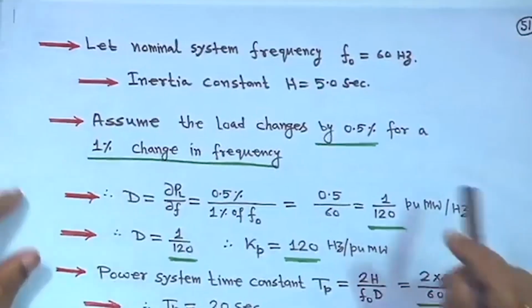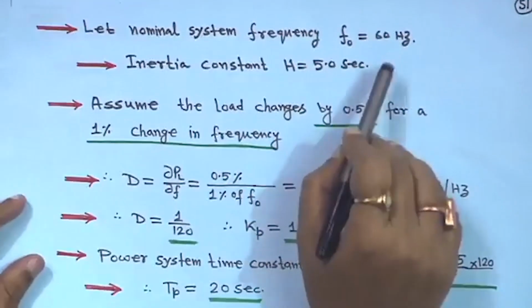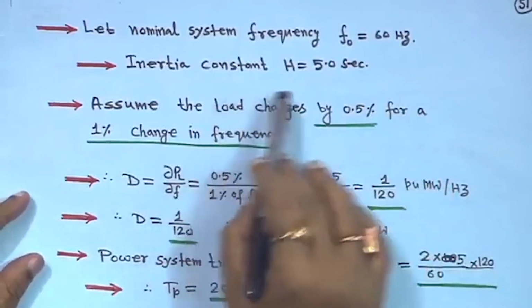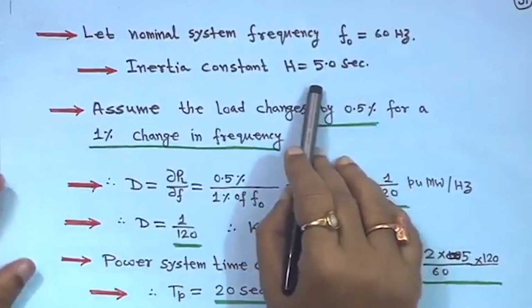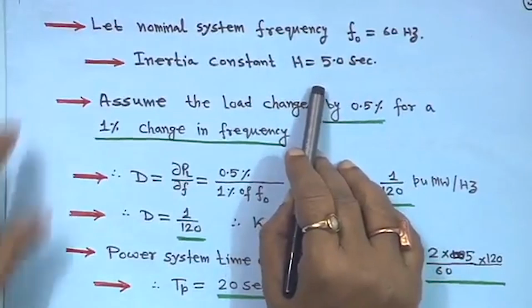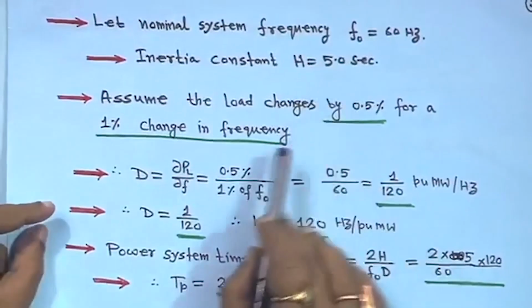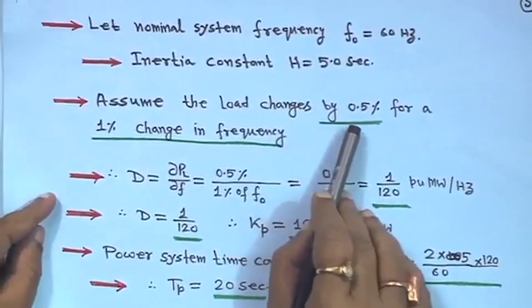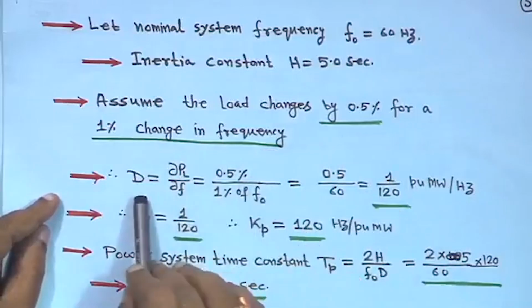Let the nominal system frequency be, say, 60 hertz. Now, the inertia constant, say, is H equal to 5 seconds. This H inertia in terms of seconds we have seen in the transient stability analysis in the power system analysis course. So, assume that load changes by 0.5% for a 1% change in frequency, then we know D is equal to